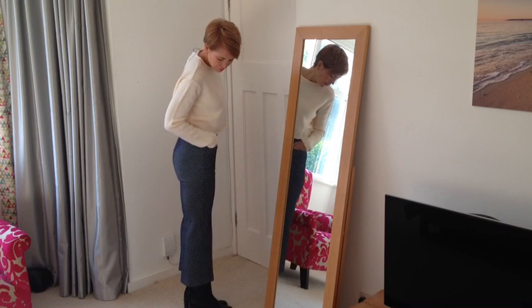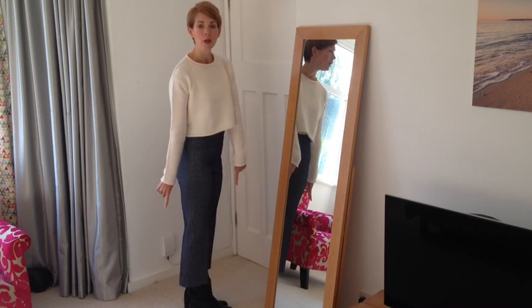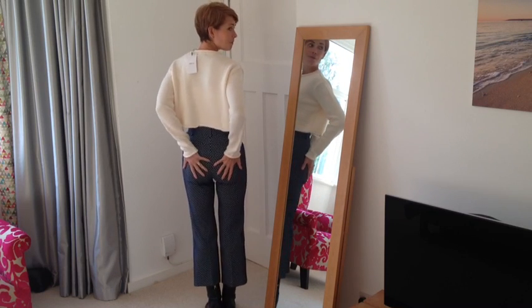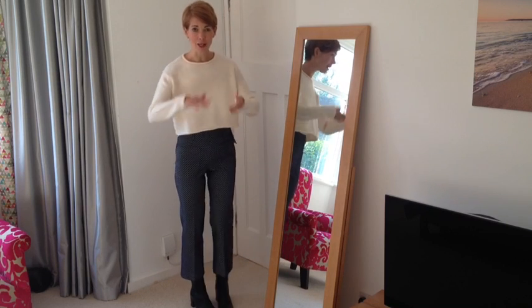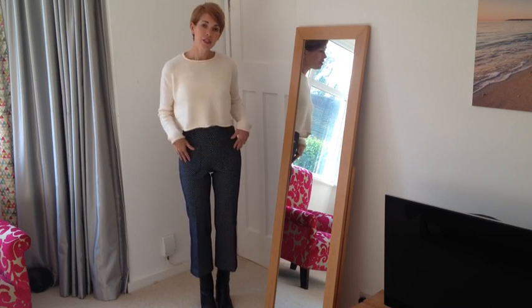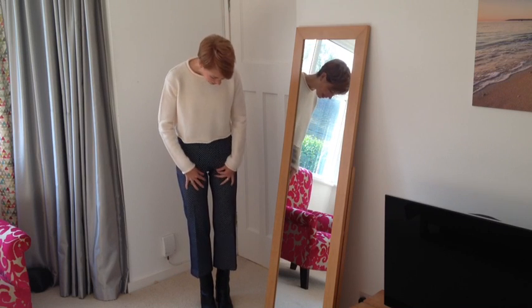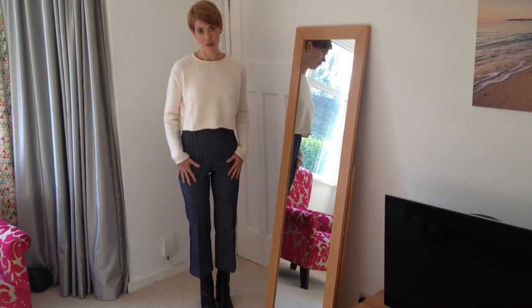And as you can see from the side, there's a little bit of a flare going on down at the bottom, and I've just got them with some boots here. A bit of a problem with them, I think, is the bottom, because there's no pockets, and because they're quite high rise as well, it can make your bottom look quite a lot deeper. So these trousers may be better with a slightly longer top, and also because of the medium on me, there's a little bit of bagging around the crotch area,